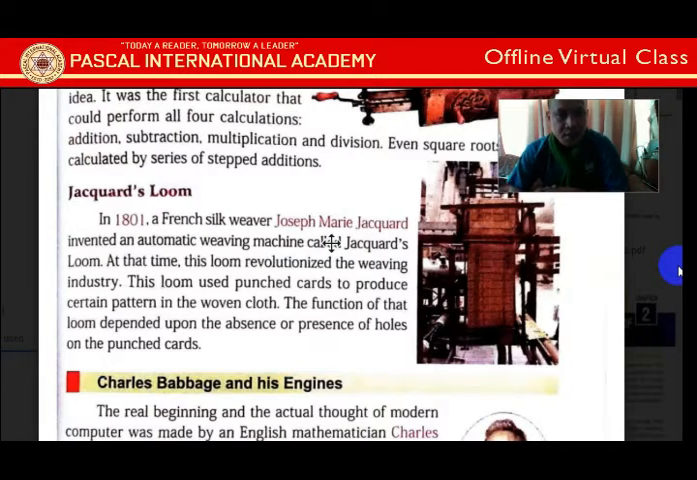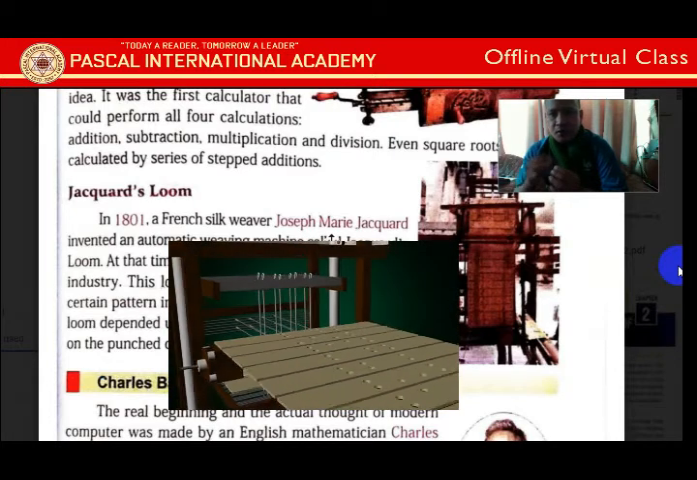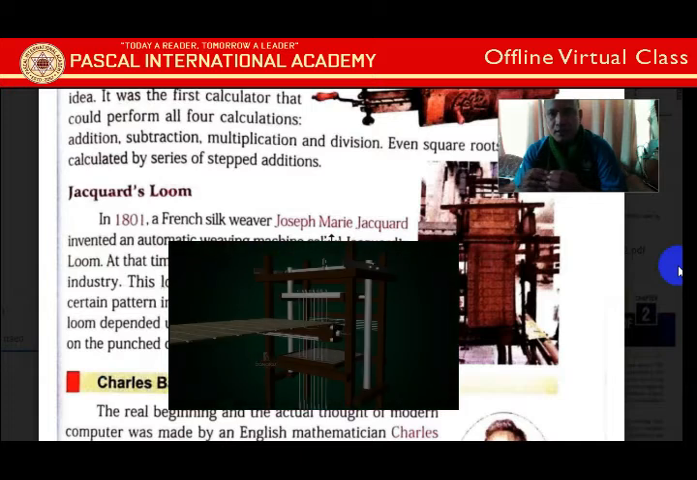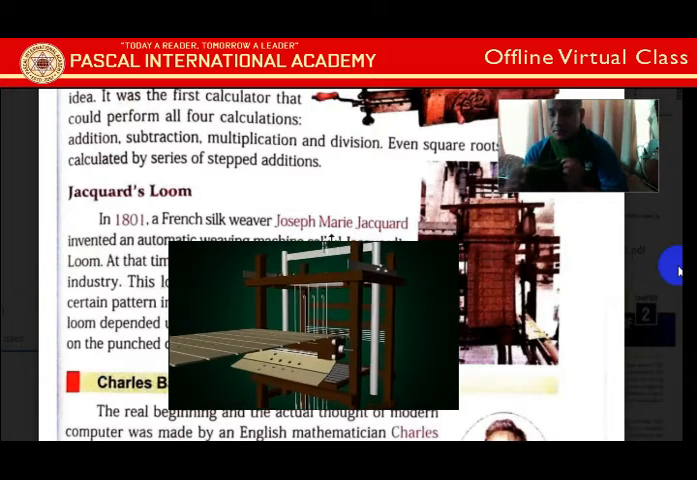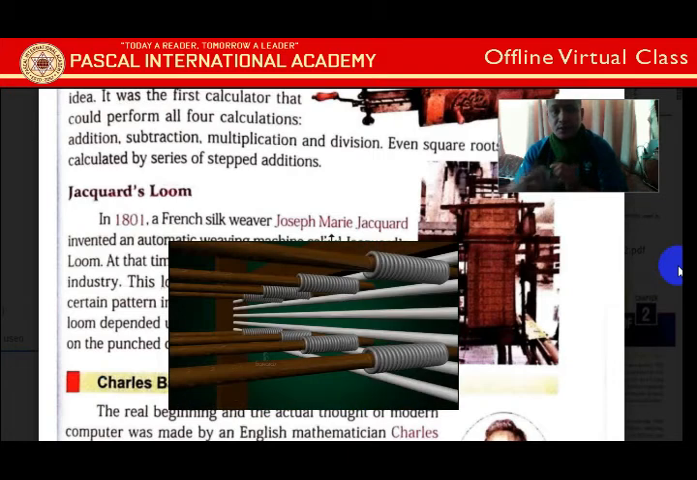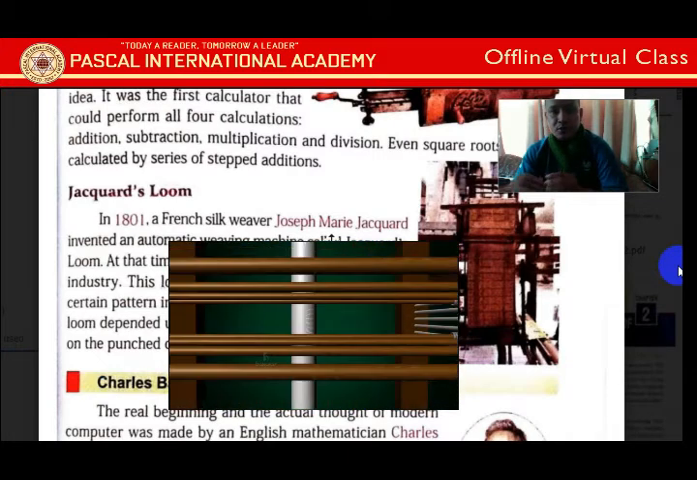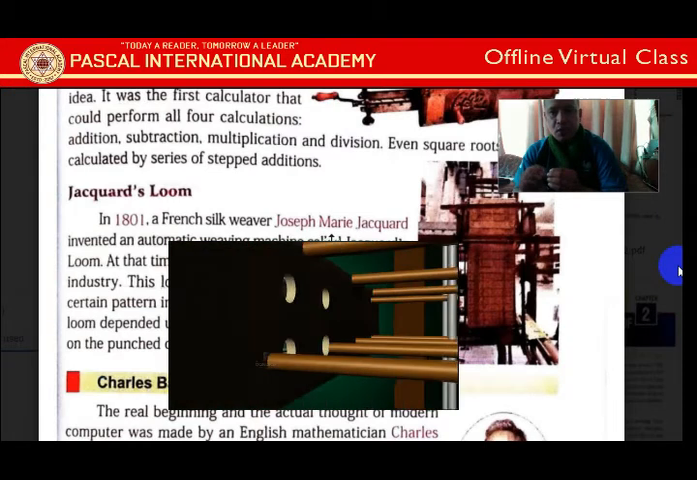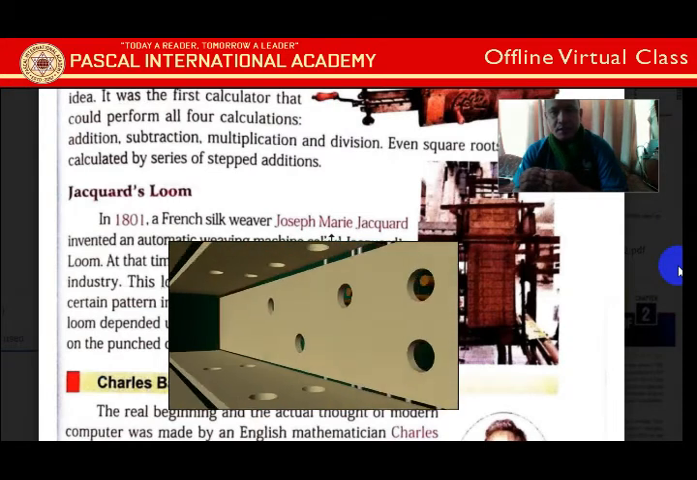So now let's talk about the Jacquard's Loom. Before starting the Jacquard Loom, I want to say something: in human civilization, people used to make clothes by weaving. In weaving also, like sweaters and mufflers, there are mathematical calculations. So previously people used to do what? They tried to make clothes by hand. But this French